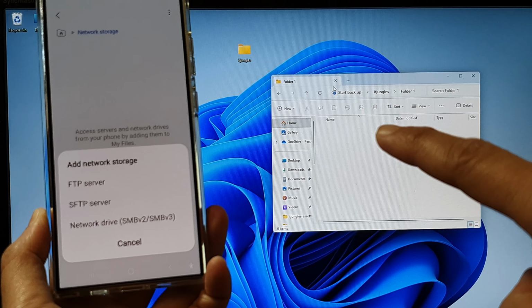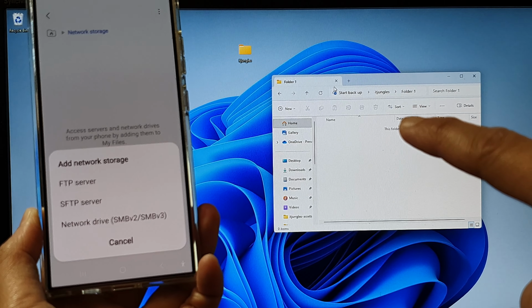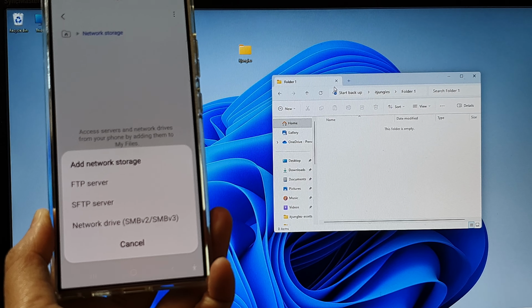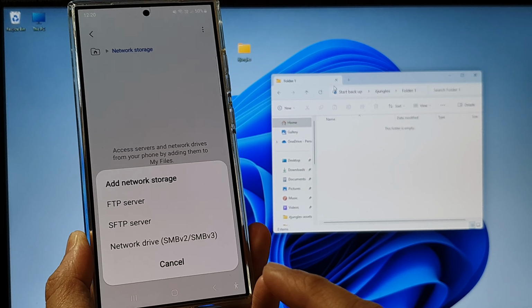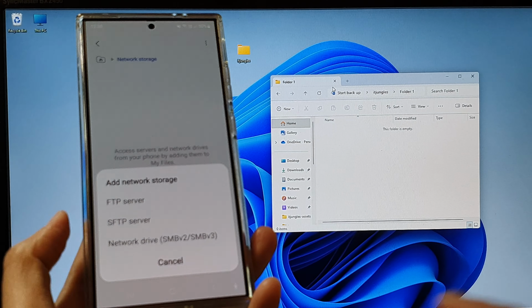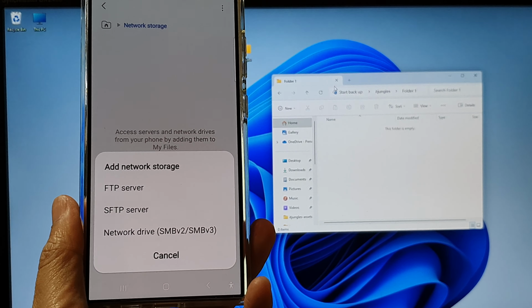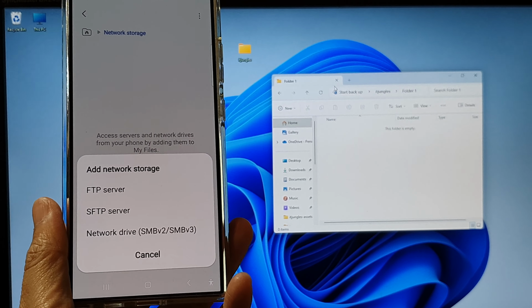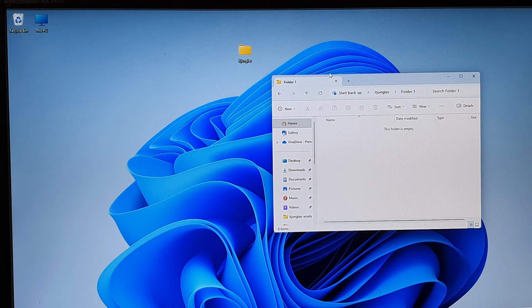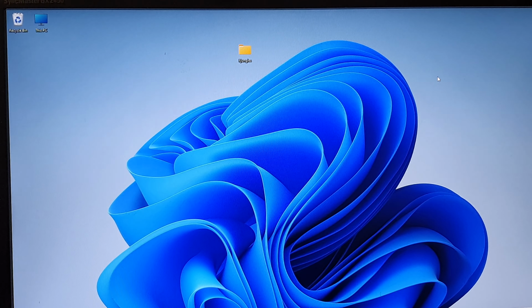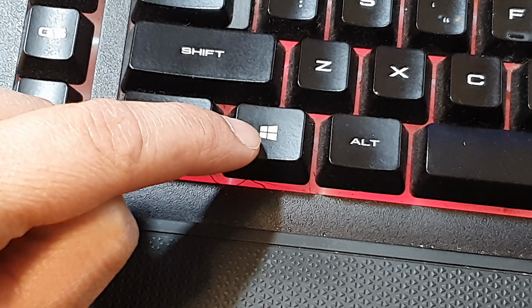How to create a share folder on a Windows computer and connect to your phone via My Files network drive on the Samsung Galaxy S24 series. Now first, on the Windows computer, what you want to do is on the keyboard here, press the Windows key,